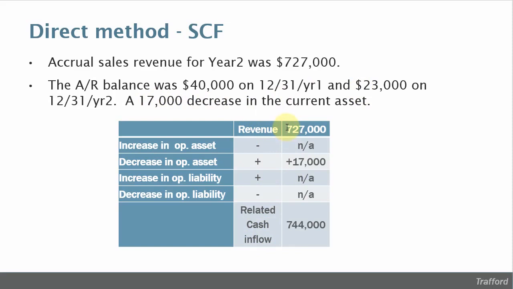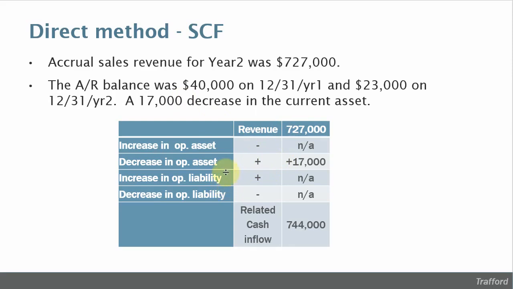You start out with your revenue under the accrual method, that's $727,000 from the income statement, and if there was an increase in an operating asset, you would subtract it. If there was a decrease in an operating asset, you would add that to the $727,000. We had a decrease in the accounts receivable account, so the schedule tells us to add that $17,000 to the